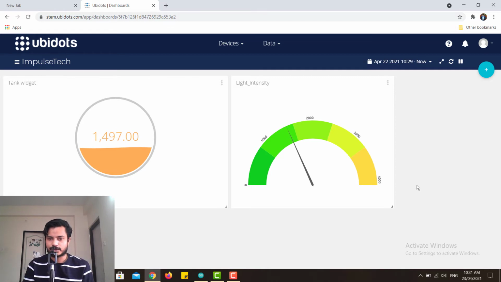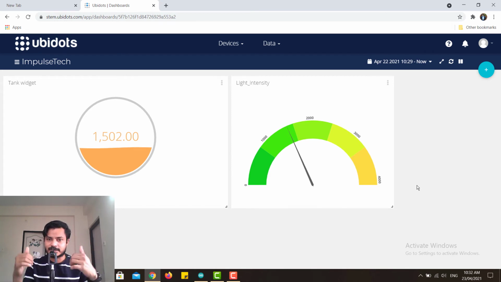So if any owner of an industry has 2 or 3 industries and he wants to monitor all the industry parameters at one place, how can he monitor all those parameters? By using this platform, one can monitor all the industries at one place, right? You can even trigger events based on your parameter values. Now what is the meaning of event here? Event means you will get notified whenever a variable changes its value to low or to maximum. That means you need not worry about whether the temperature of your furnace will increase or decrease so much.